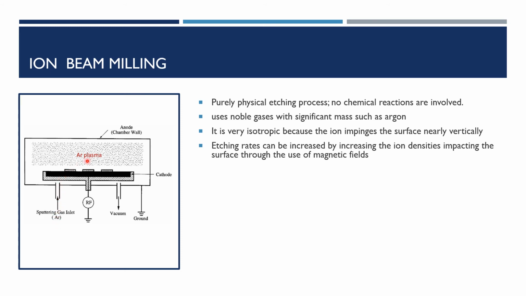Now, the ionization of this argon will result in an argon plasma, which happens due to the magnetic field generated between the two electrodes. As a result, the argon plasma will be produced between the two electrodes, and this argon plasma will be impinging on the wafer surface at a high speed. The incident charged argon ions will remove the molecules from the wafer material, just like the sputtering process, and thus the material removal will take place. The material removal rate can be controlled by controlling the parameters of the magnetic fields.